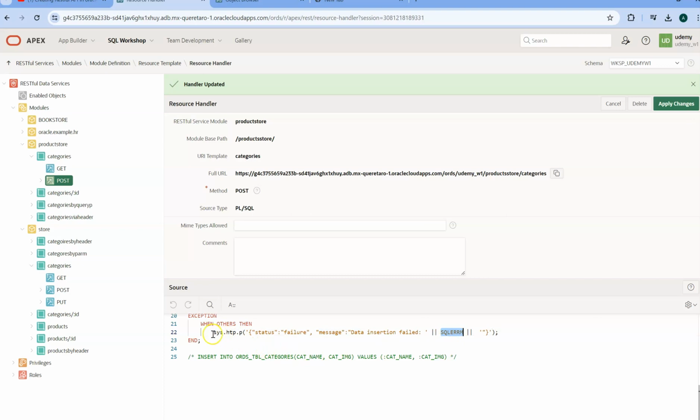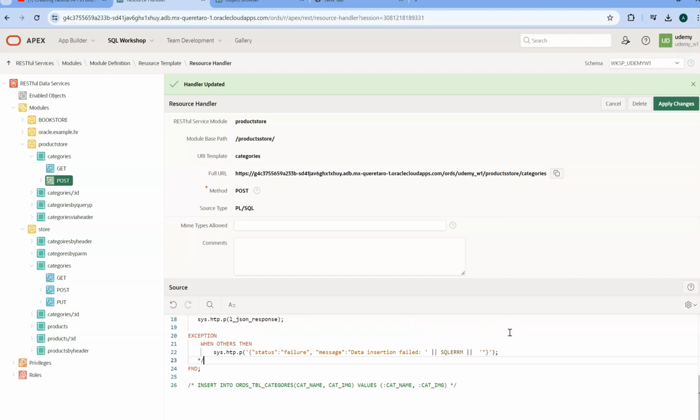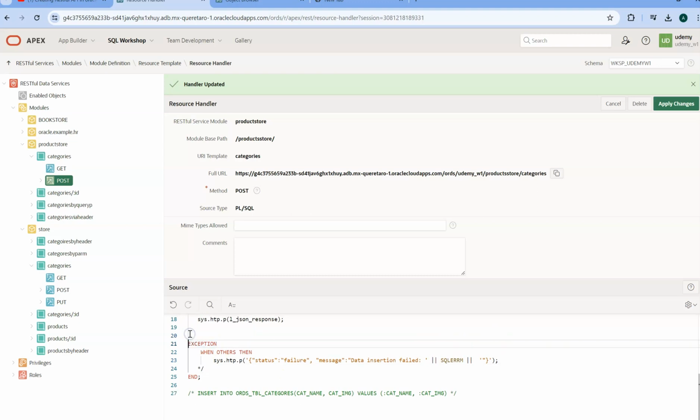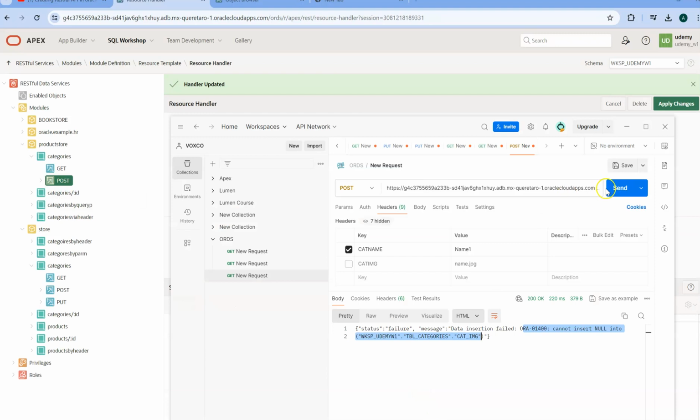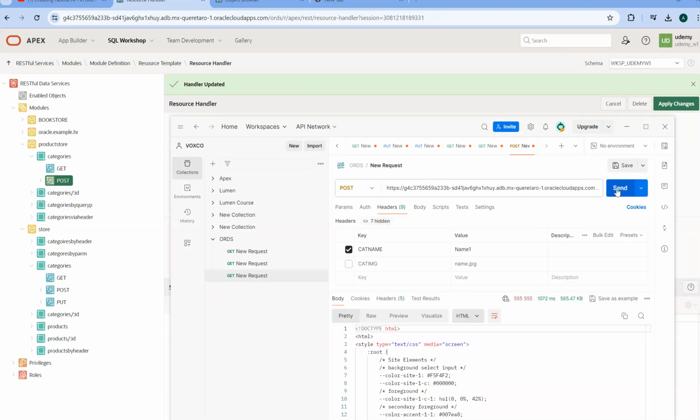And if we never had that, how would anyone know that there's a mistake? Let me go comment this one out. And let's see what happens. That changes. And let's try. See? There's no JSON back. The client which is communicating with you expects a JSON back, and they really would not know what's happening. So that's why it's very critical when you're creating